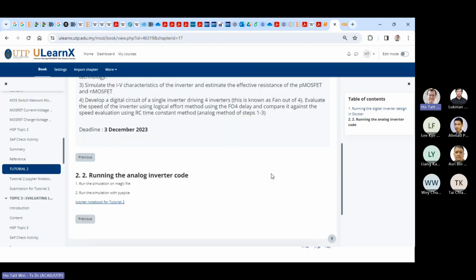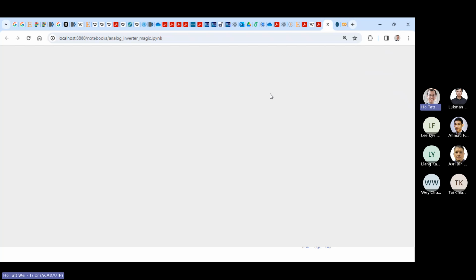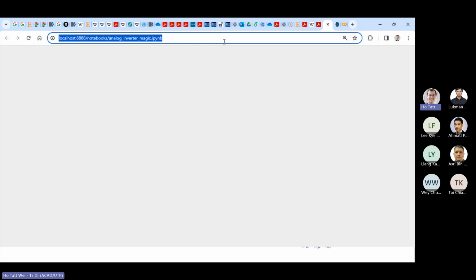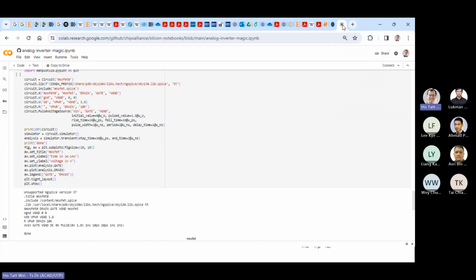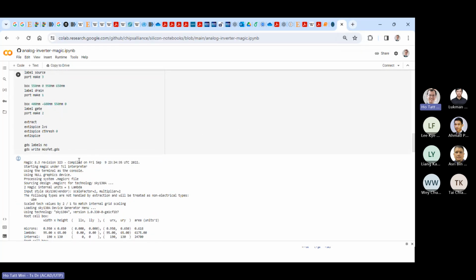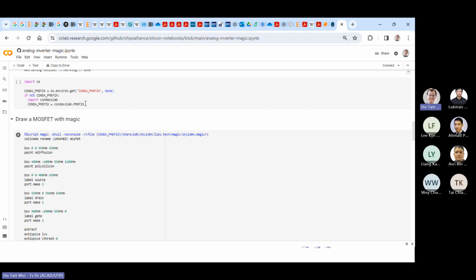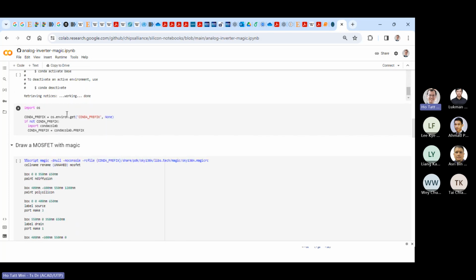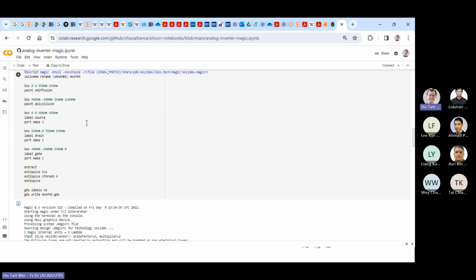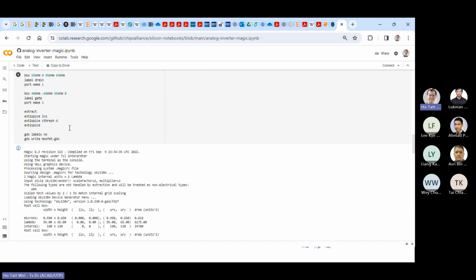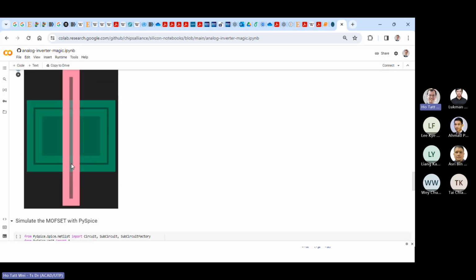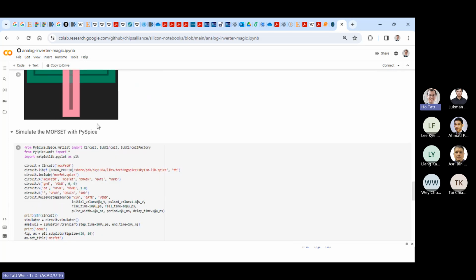So you have all that is necessary. It's just that the analog code here, as you were seeing just now when scrolling up, has quite a lot of setup. Before we come to this part here, there's all this part of setting up the tool. So what I'm trying to do, just like the digital version, is set all this up in the Docker so that you can just run this. But if you want, you can run this on Google Colab, and it will work. And you can do the edits. You can create a new file and edit it here.